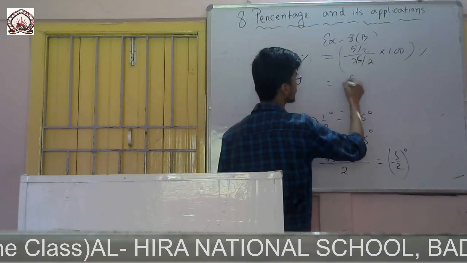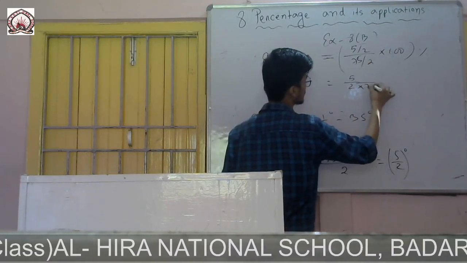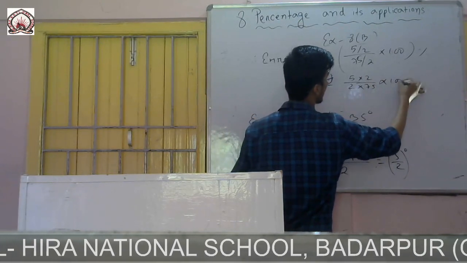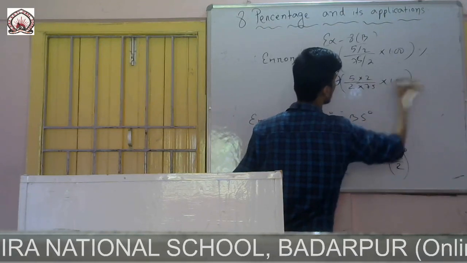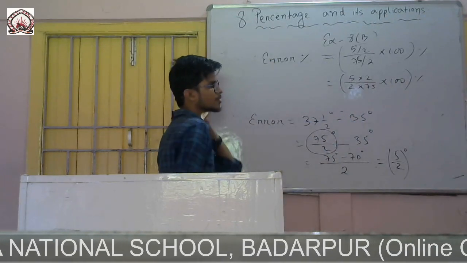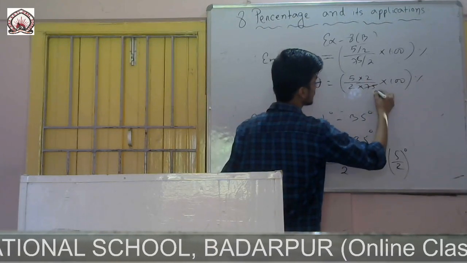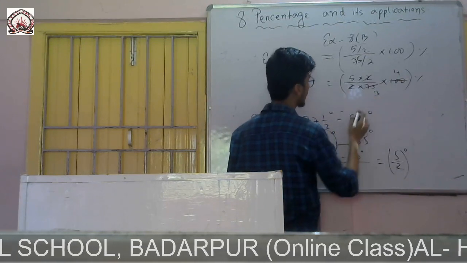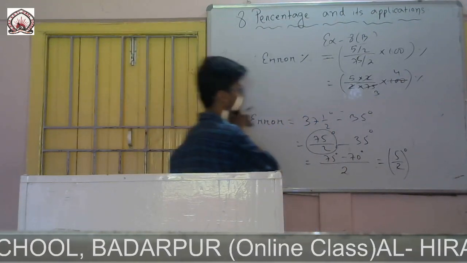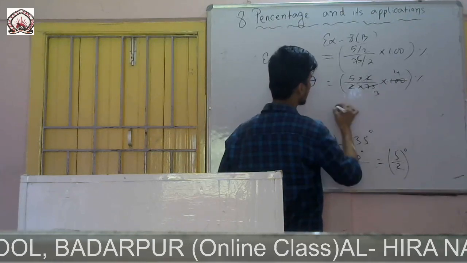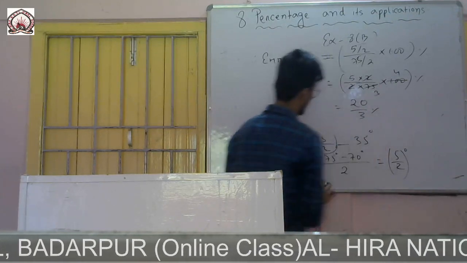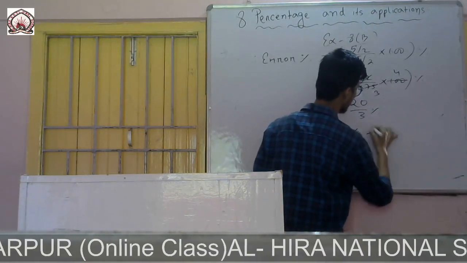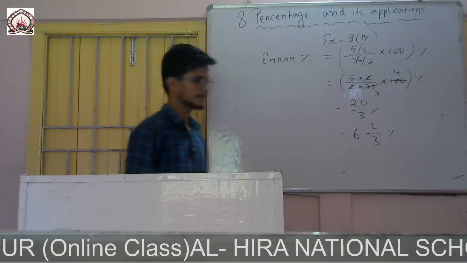So this one I can write as 5 by 2 into, there will be 75 and there will be 2. This one will be reciprocal. 75 will be there, 2 will be there, into 100. Okay, now percentage sign. So you see 25 3s are, 25 4s are, 2 cancel. There 4 5s are how much? 20. 20 by 3. 5 4s are 20 by 3%. That means I can write it as 6 3s are 18 plus 2. That means 6 and 2 by 3%.